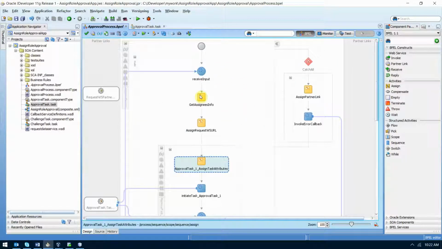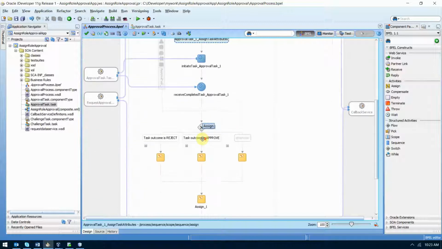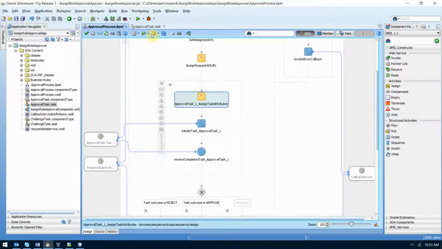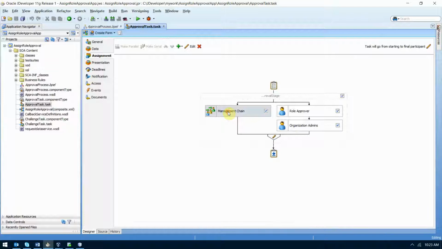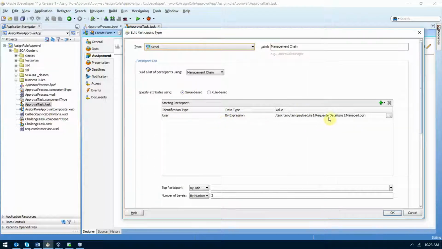So you see the series is we run our custom code to get who the approvals are, and we hook up our web service URL for the callbacks and such, and then here we assign the values that we're getting from here to the actual approval tasks, and then we have to run the approval tasks. Okay, so here's what they look like. Now the management chain is built in. We just create an expression that says use the requester's manager login, and it's going to keep doing that. The user record in OIM has a manager key, and this is built in automatically to run until that